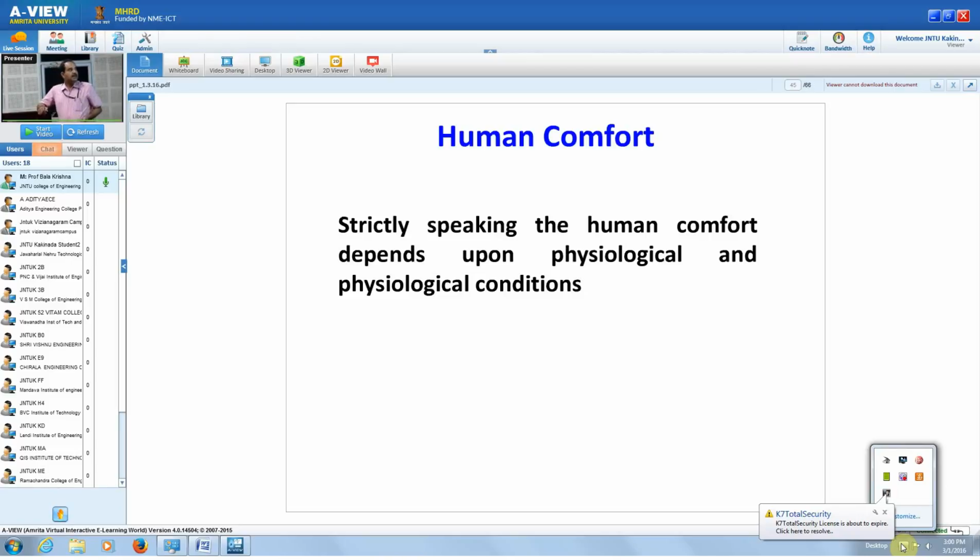That is, strictly speaking, human comfort is a psychological feeling also. Okay, I use the cool drink, then okay. Or maybe you are not feeling well, maybe you are feeling some headache or something. Immediately, you will go to the doctor. Generally, the doctor will